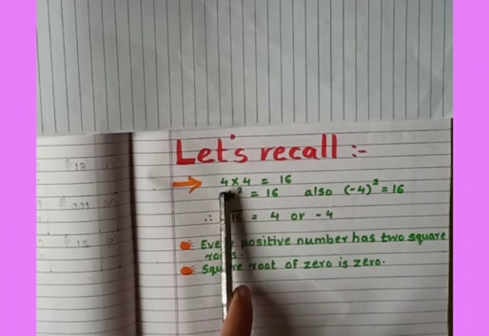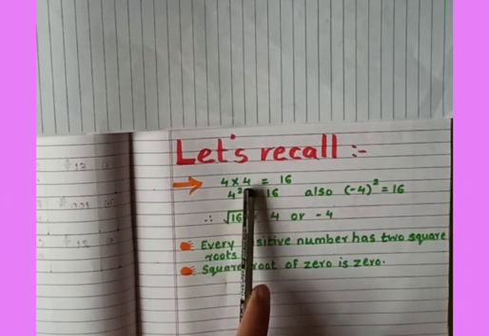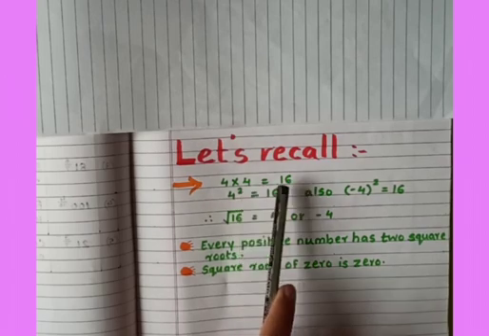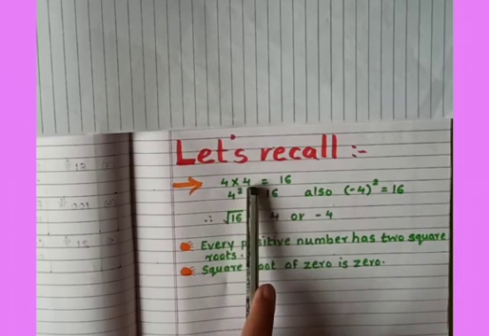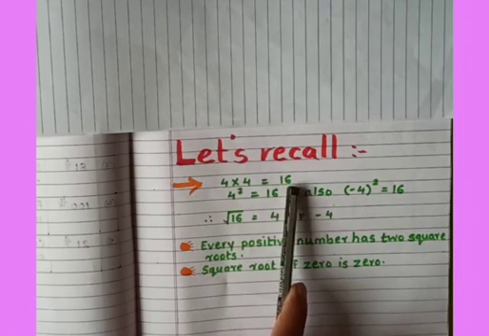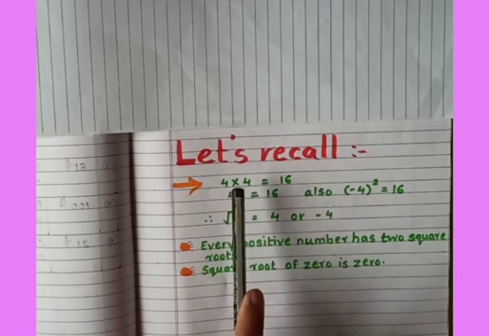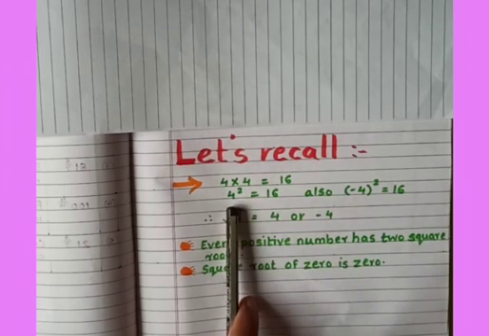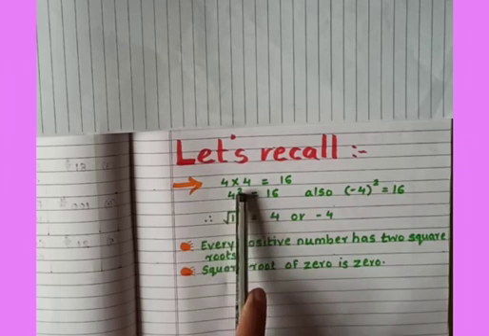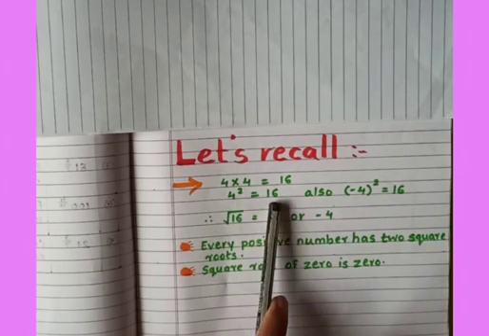Now look at here. Here 4 is multiplied twice. Twice means 2 times. We got the answer 16. So 16 is a product of these two numbers. So this 16 is called the square of 4. So how will we write it with the help of index? Square of 4 or 4 raised to 2 is equal to 16.